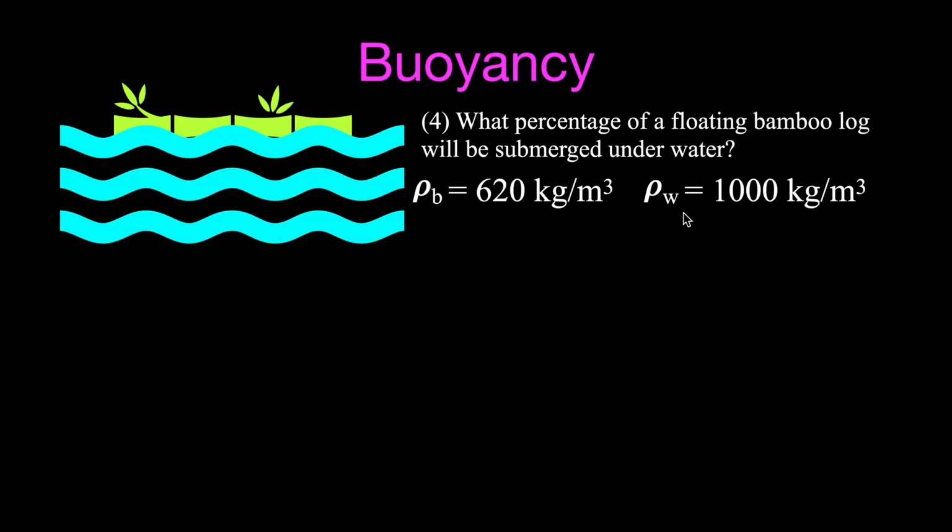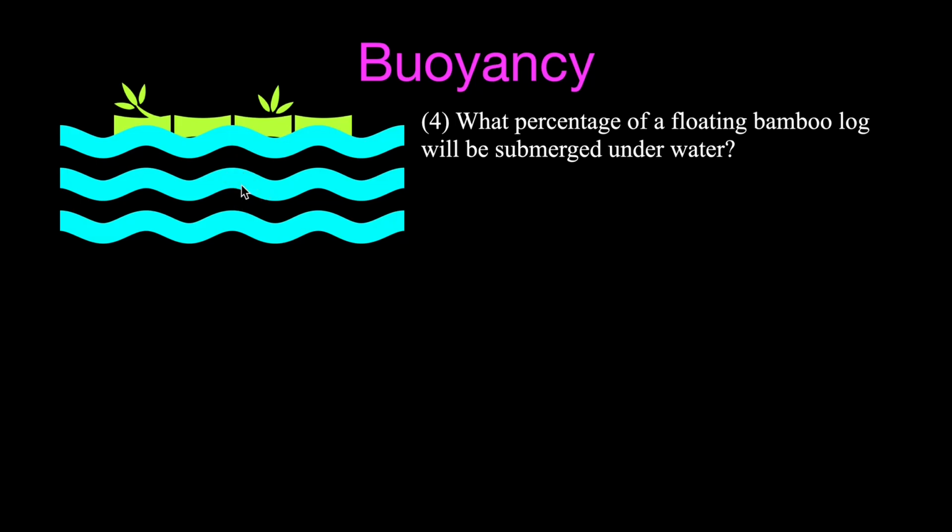Now, you might know this intuitively, or you might see that maybe it makes sense that the answer is probably going to be 620 over 1,000. That's right, it's going to be 62%. Right? If you had something that has a density of half of water, then half of it will be in the water, half of it will be above the water. But we can actually use the buoyant force to come up with the answer and see where we get that 62%. Because we know that the bamboo has a force of gravity acting on it,